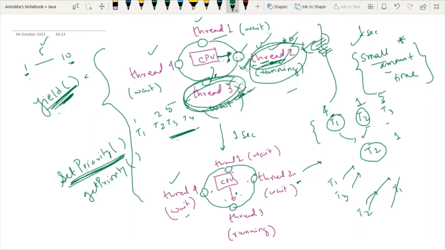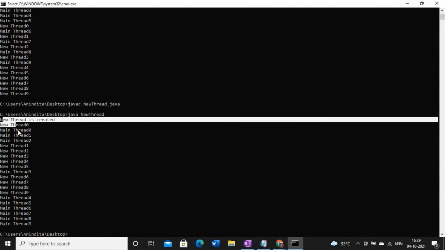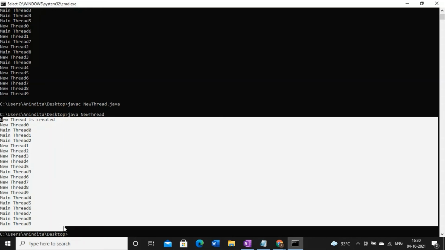So the concept of scheduling differs when the Java platform differs. Since we are working on a Windows machine, Windows environment, I am focusing on the time slicing environment in more detail, right? So the concept of scheduling is clear. Why have we got this jumbled up output of this thread? Due to concurrent execution of two threads, the new thread and the main thread. Second, both threads are working in a time slice environment. Time slice environment means round robin scheduling.